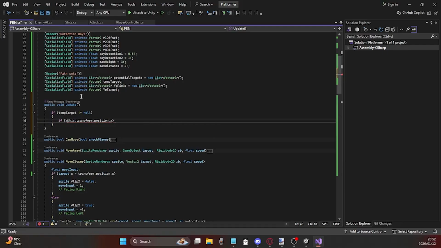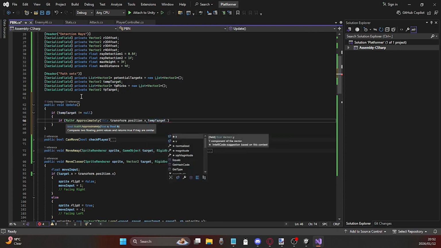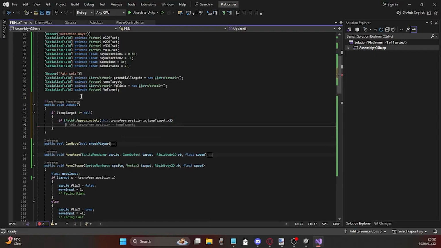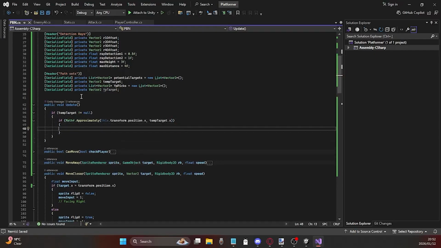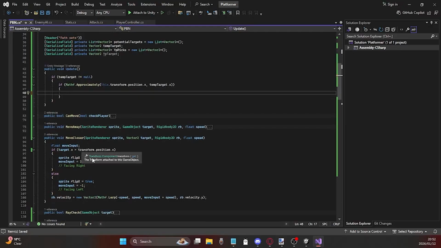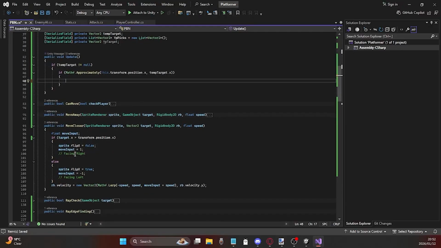So we want to do Mathf.Approximately, temp target.x, then I need to do something similar to this. So copy